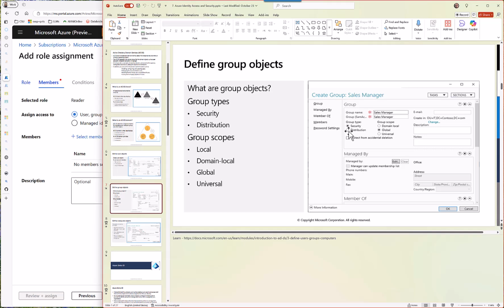Why? Because it is an email address. A distribution group is just an email address, whereas over here it's an actual object which I can control, which these guys can control, right? Active Directory can control and check if you are part of that group or not. But an email group has no checks. It is simply an email thing, right?